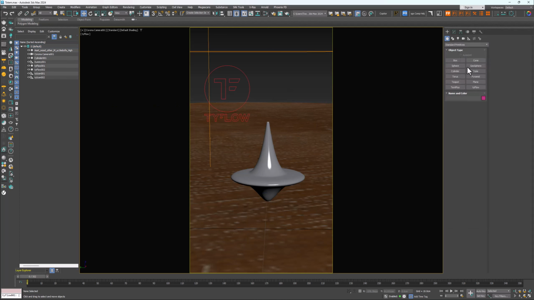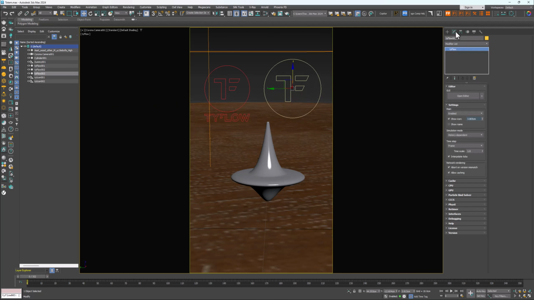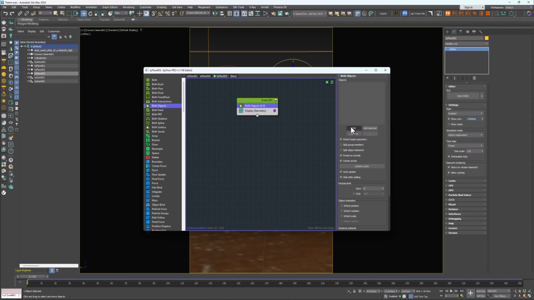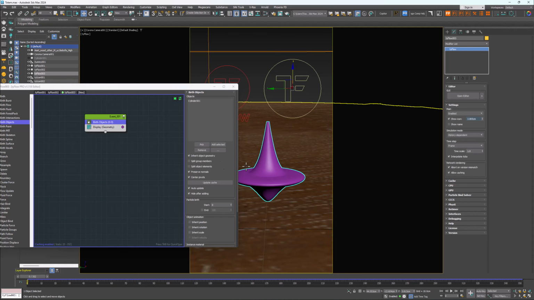Okay, so let's create a new tyflow object, move it up, open the editor and add a birth object, pick this cylinder object